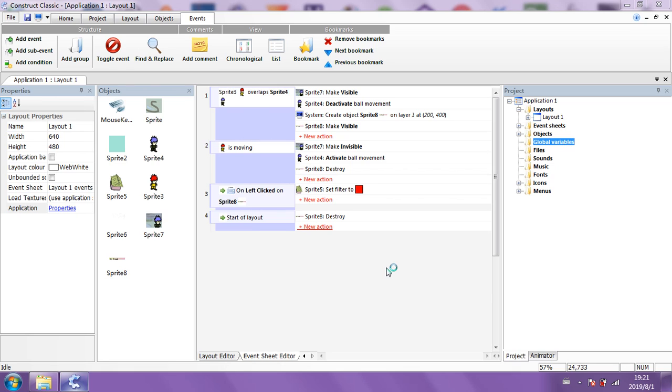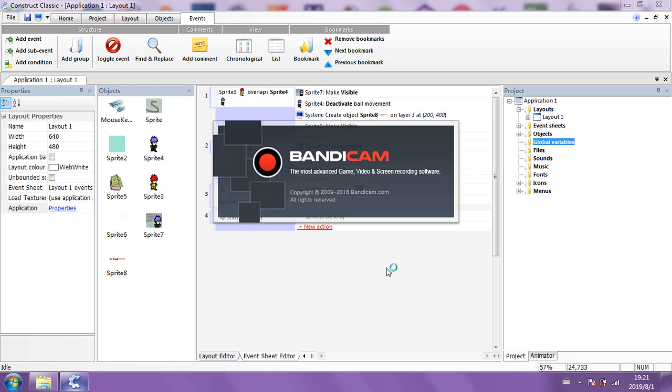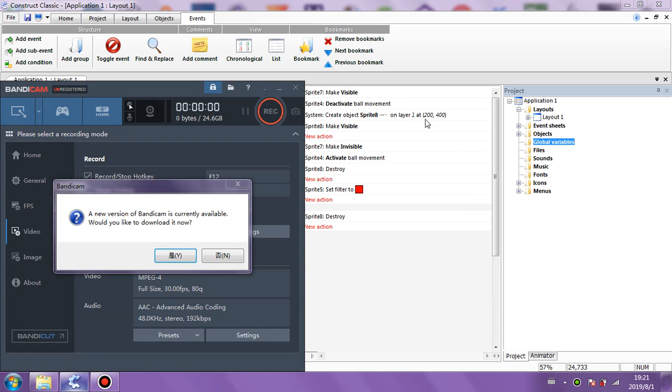So we've got start of the layout. Something sets off destroyed. Hold on one second, I'll show you. And then you walk over, you bump into something, and it creates an object at a certain point. And you've got to remember the points for every one. You can have various points.